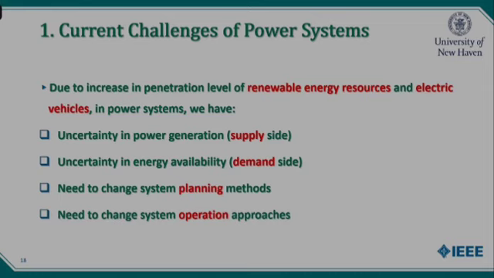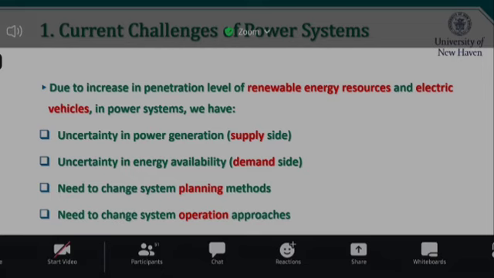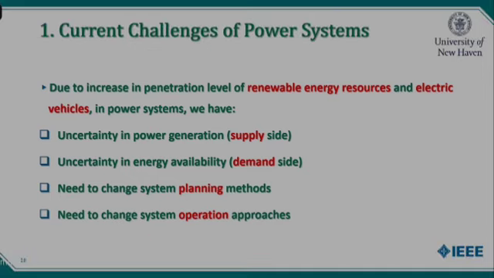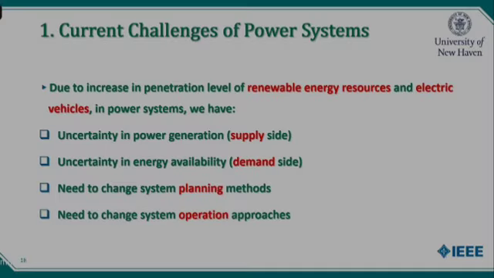And what about the fourth challenge? The fourth challenge is a need to change system operation approach, which is a very difficult and important point for utility engineers. Utility engineers now have many problems with generation uncertainty, and also on the demand side, we have many problems, or we will have more and more problems with vehicles. So this is the main problem. We can say the start is now, and in future we will have more problems with these four items. Next slide, please.